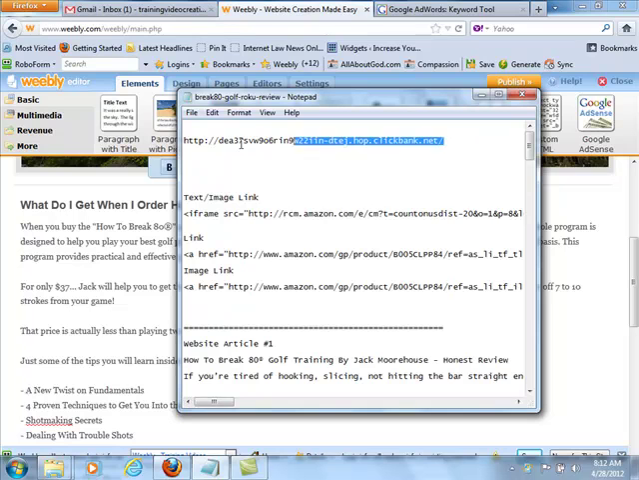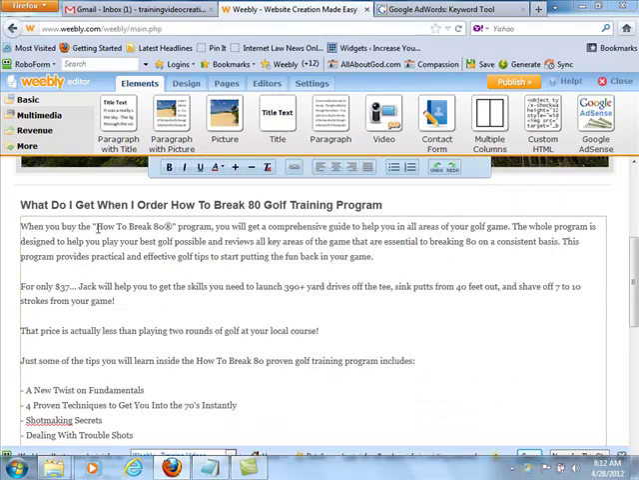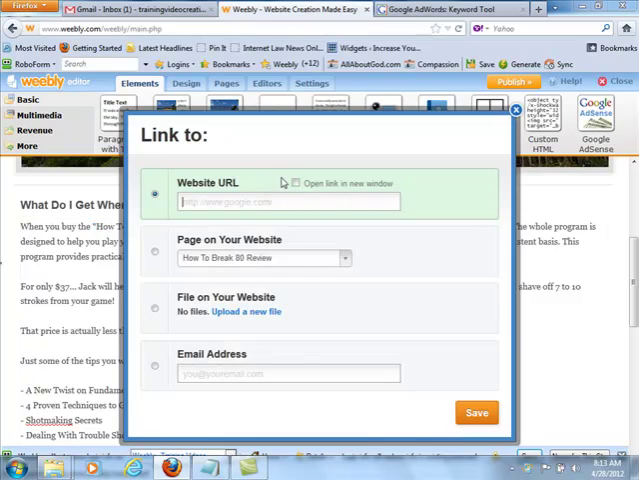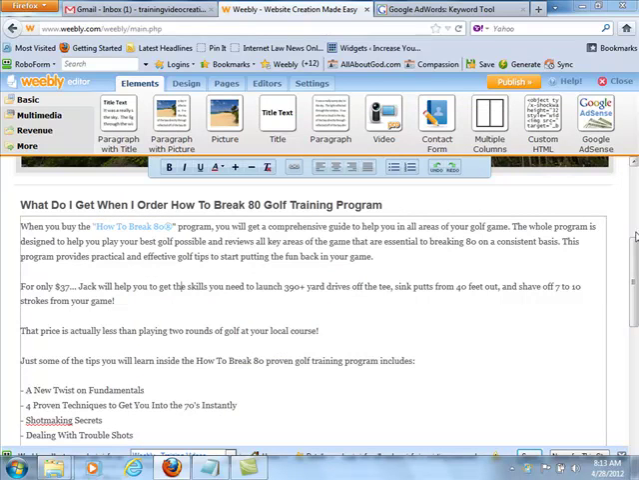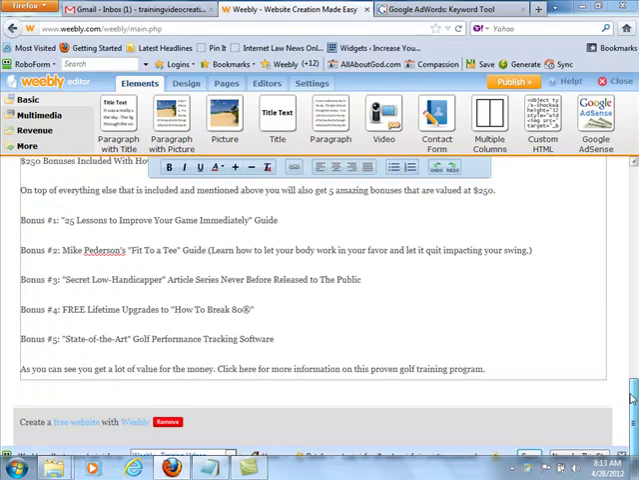I'm just highlighting it. I'm going to hit Control C to copy. And where it says how to break 80, I'm going to just highlight it, click on the link, hit save. And again, you don't want to go overkill on the links just because you don't want it to tip off